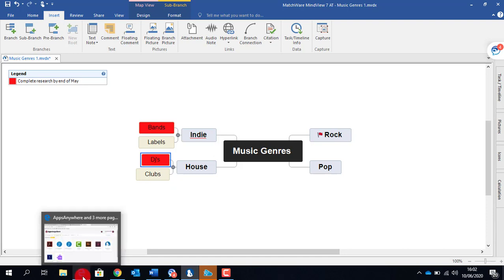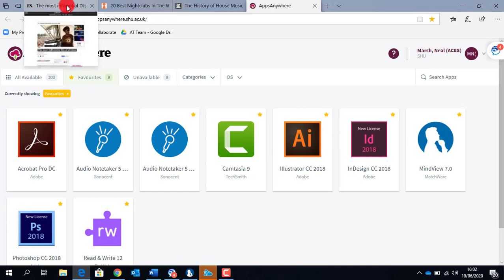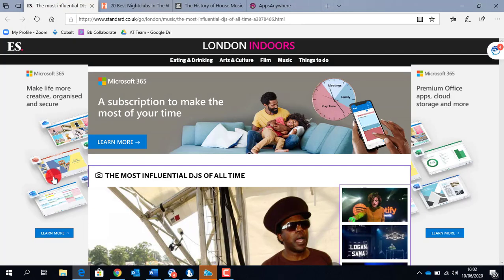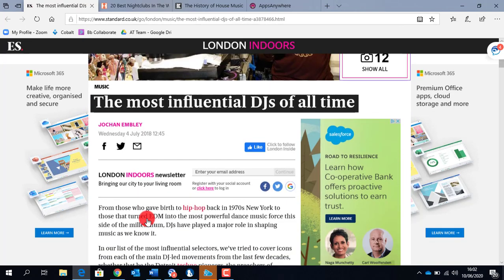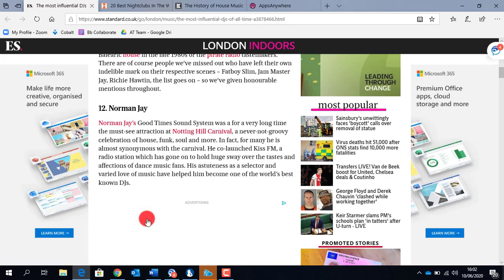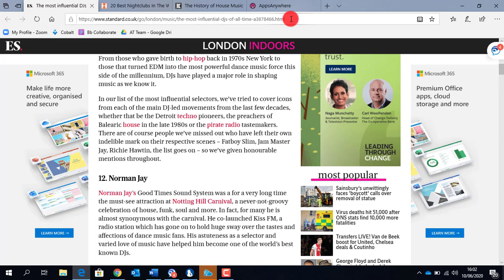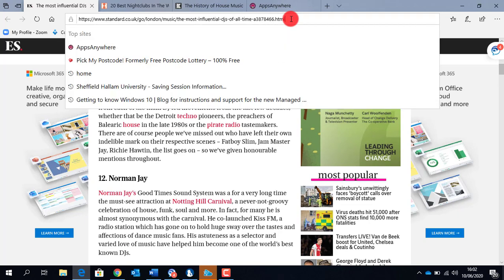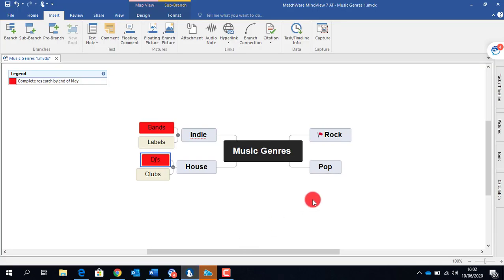So if I click now onto my web browser, and I go up to the particular website that I've found that I want to link to, and it's about the most influential DJs of all time. You can see there's lots of information about lots of different DJs. So I'm just going to copy that URL, that web address, so I can just double click in the URL pane and then right click and then click on copy, and then go back into my mind map,